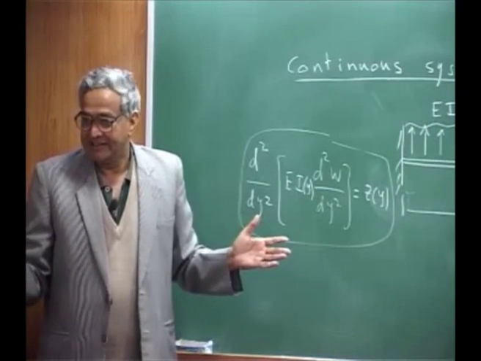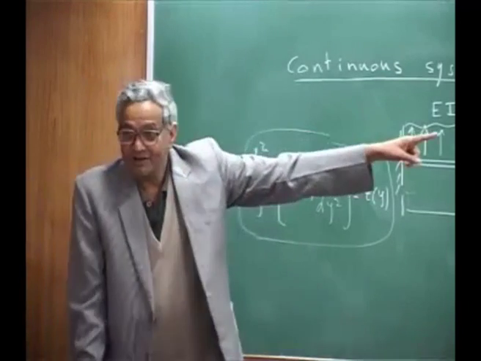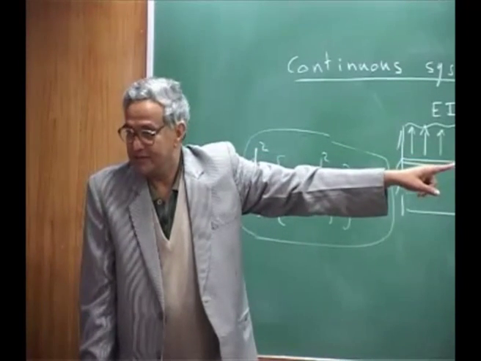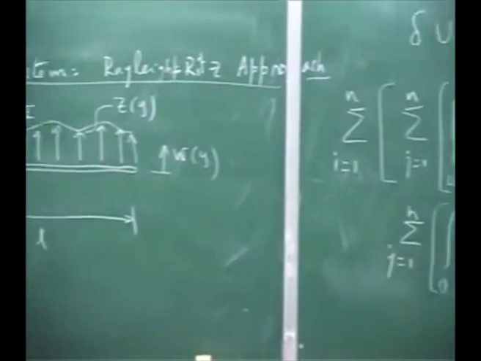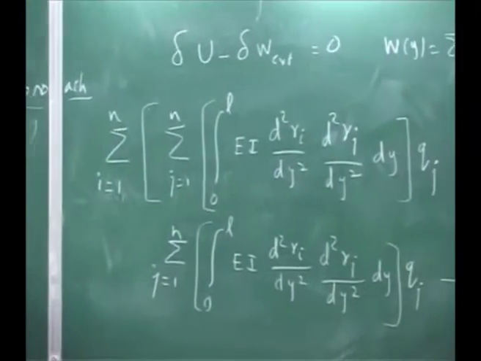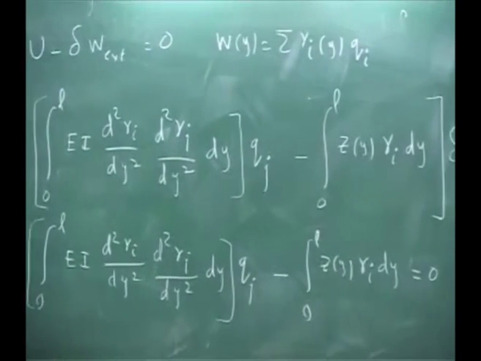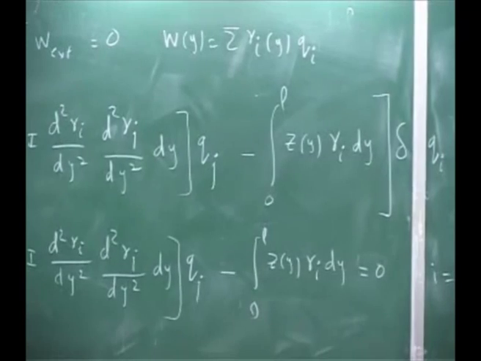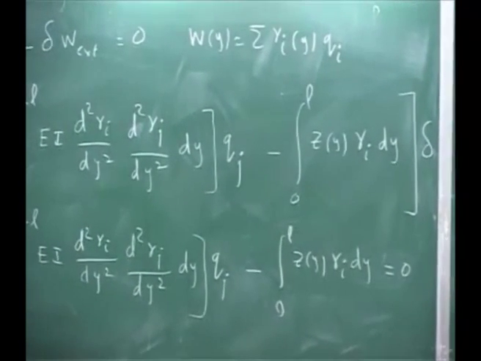Okay, it's a very difficult task. Whereas you can go ahead and do an approximate solution, and normally what you do is you take more number of gamma i and you show convergence, how your deformation has converged with the increase in the number of assumed shape functions. Okay. So the exact solution is the one which should satisfy